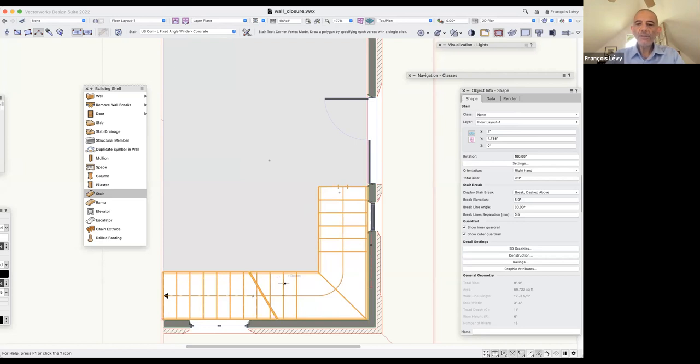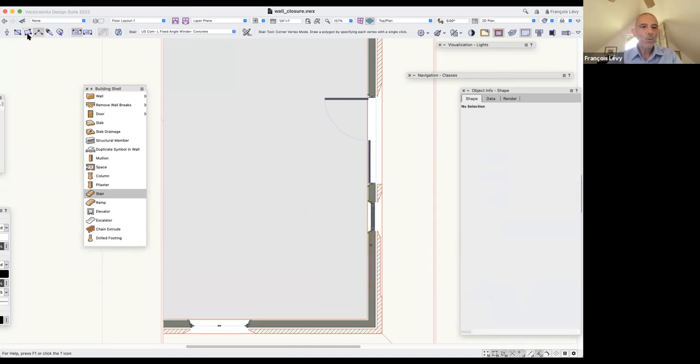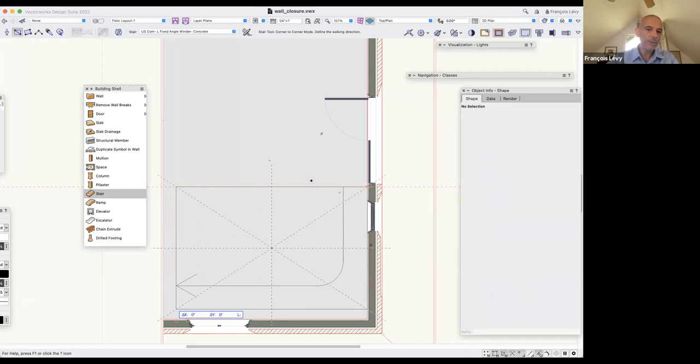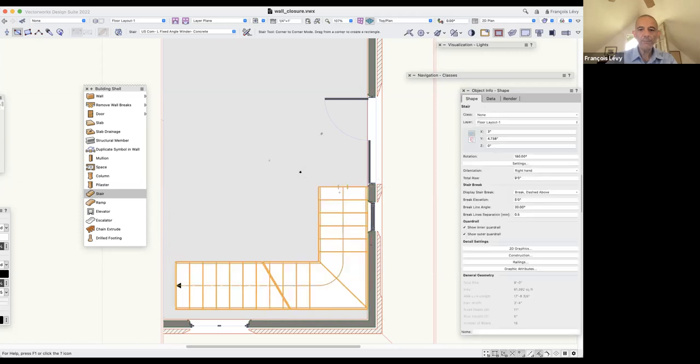And it'll just fill out the stair to whatever geometry I sketch, or I could just do it as a rectangle by 2 points, say something like this. When I do it by rectangle by 2 points, you can see that it's giving me these little arrows. So I get to choose, is it starting in the upper right and making a right-hand turn to the lower left, or some other configuration. And so I'll click again and it'll